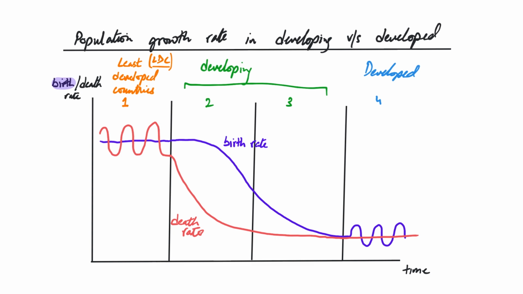So based on this, what we see is, as far as population growth is concerned, in our phase 1 the birth rate and the death rate are quite high, so there's not much population growth, because the number of people being born and the number of people dying is quite high. So we can expect low population growth over here as well as over here,